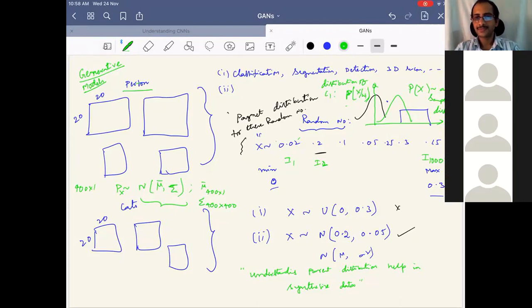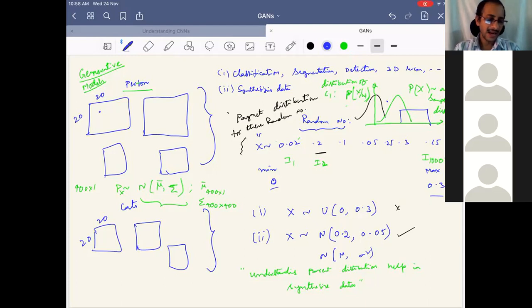Yes, sir. If I understand correctly, we are having a distribution for every pixel, right? So say if we want pixels that are dependent on one another, is it actually possible for a distribution to take into account probability distributions of neighboring pixels? I'm asking if the pixel distribution is independent or not.